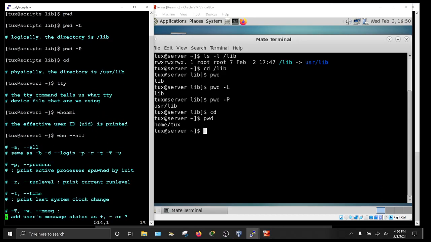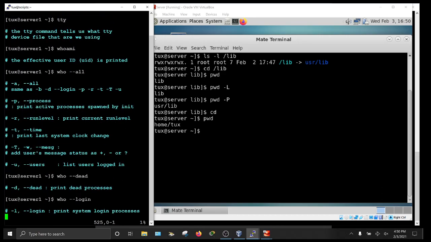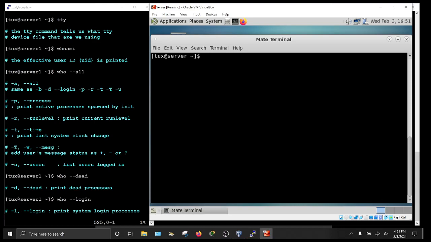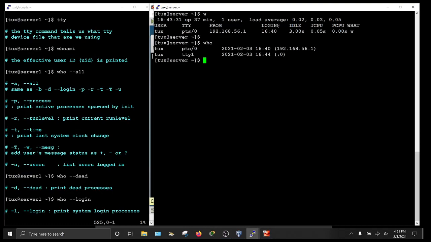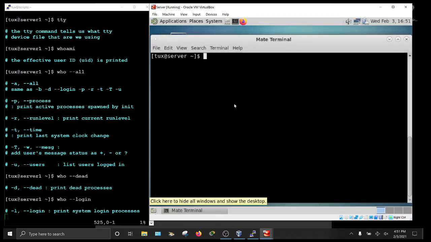Let's see what else we have here. Yeah, the TTY command tells us what device file we are using. Let me make a demonstration here. Actually, let me take a look at what PuTTY sessions we have. Did we close this PuTTY session? I'm just going to click on this PuTTY session, press Control D to destroy it, and then I'm going to